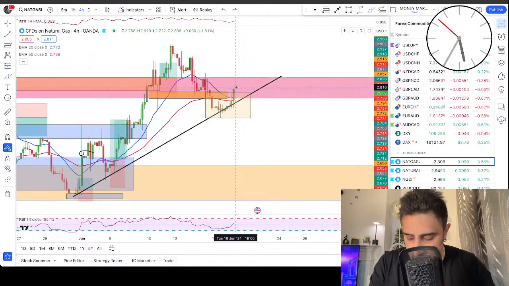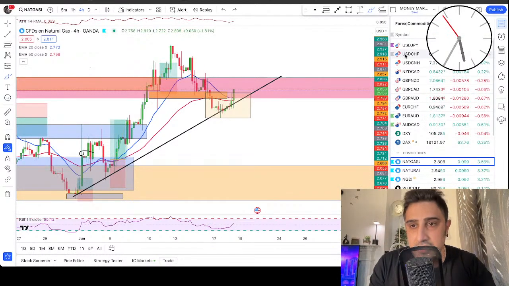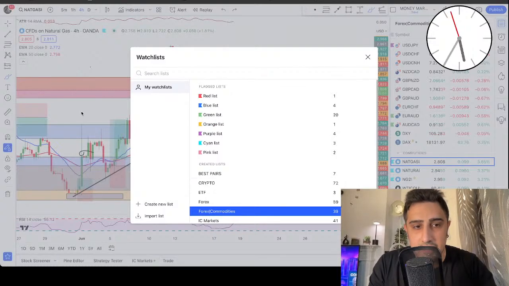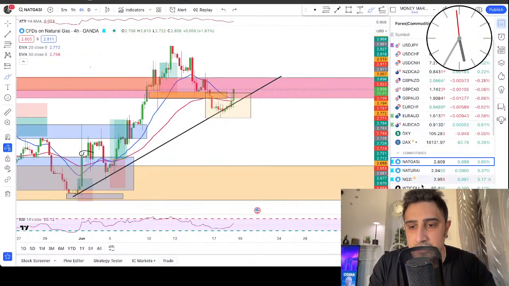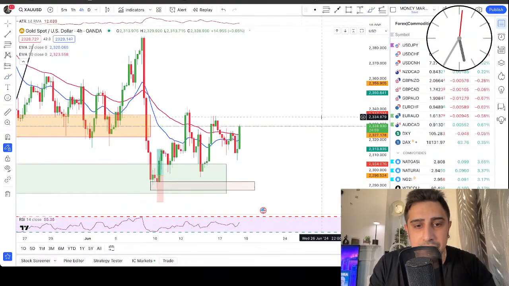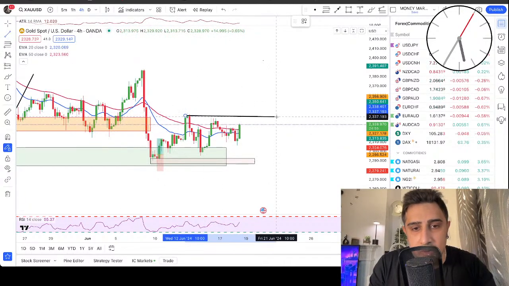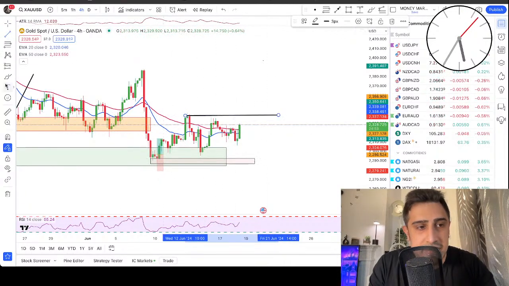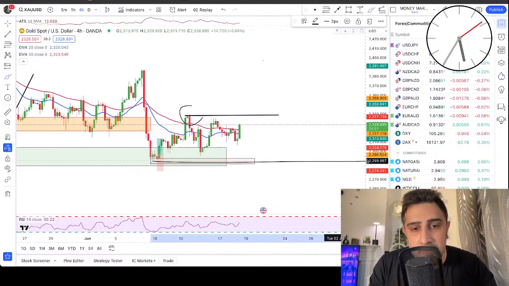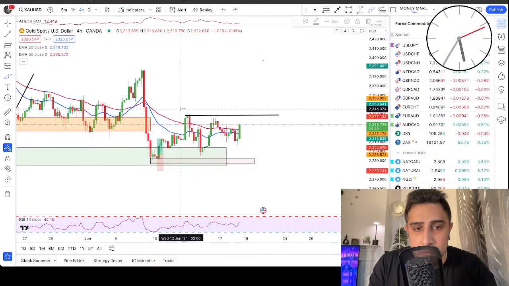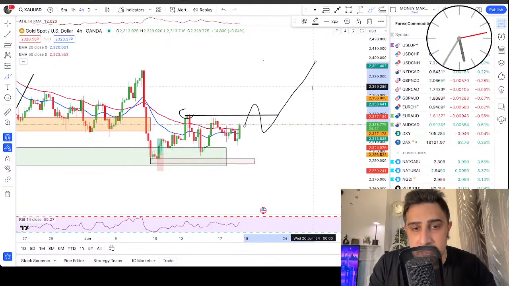And 382 in Dow Jones. Okay, let's see 382. Before that, let's see gold, and then I'm going to come to your question. So right here in gold, as long as gold is not broken above this range, we are not entering any trade. Once we break above this high, then we have a confirmation that gold will push higher.